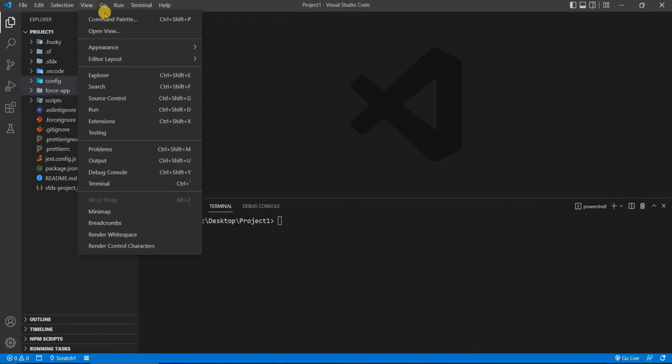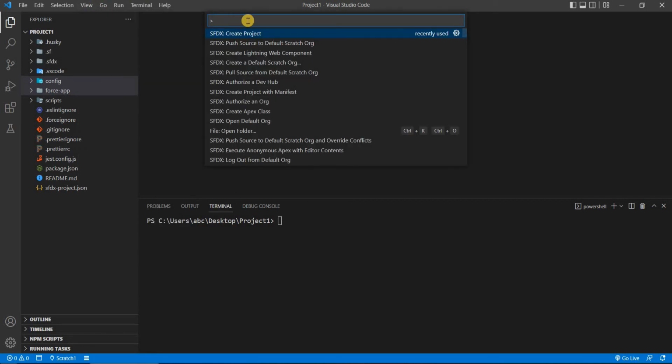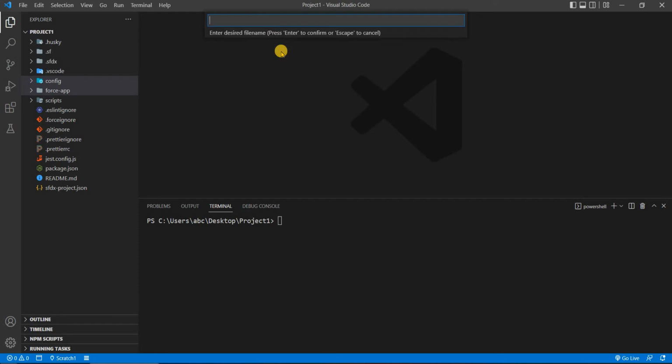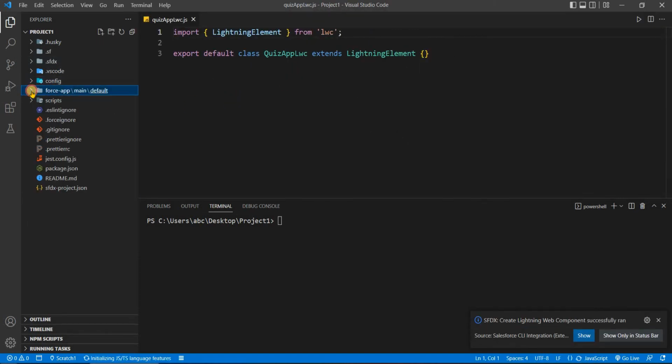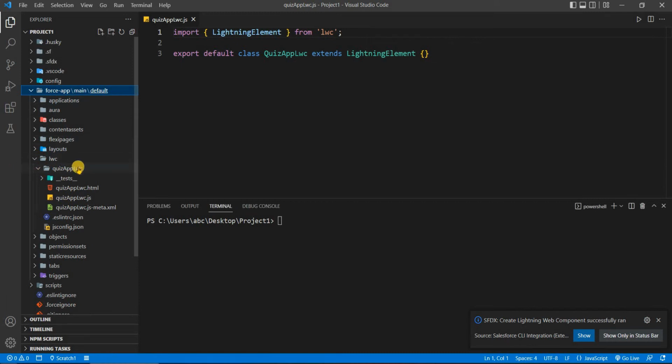Here, run the command to create a Lightning Web component. Clicking on create Lightning Web component and entering the file name, I'm entering quizAppLWC, hit enter. It will ask for the default directory. I'm choosing the default directory, that is force-app. The quizAppLWC has been created, and three files have been generated: the HTML file, the JavaScript file, and the